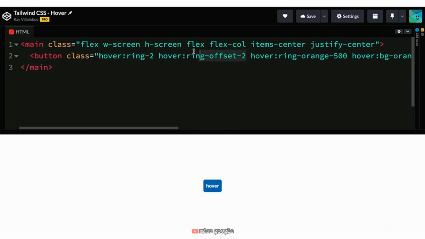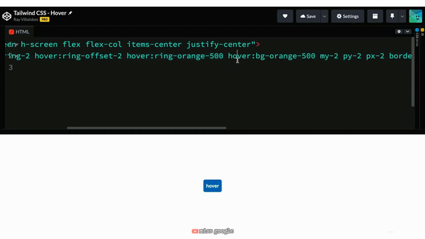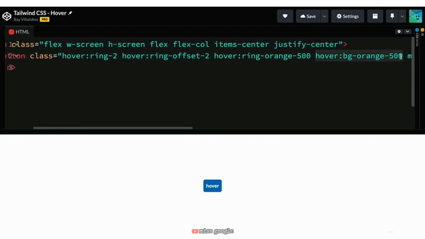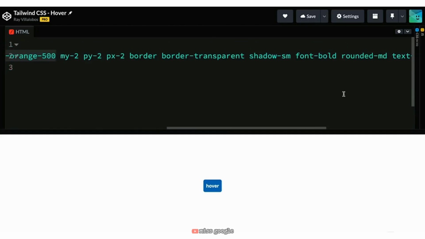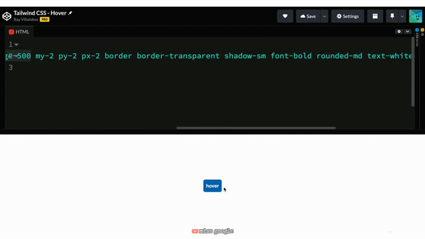I've also offset that ring so that it leaves a little bit of space in between. And then I've modified the color of the ring as well as the background. So you can add not just one thing, but a bunch of different other elements that you want to modify. The rest of it is just a pretty simple button here, but you can see that the hover does make